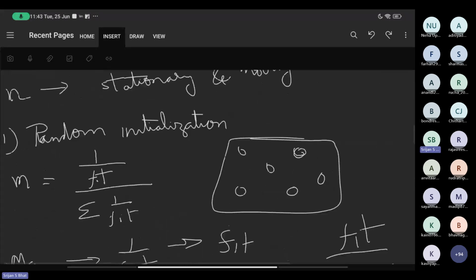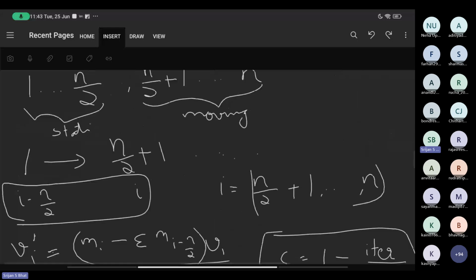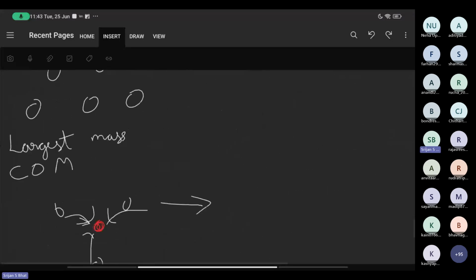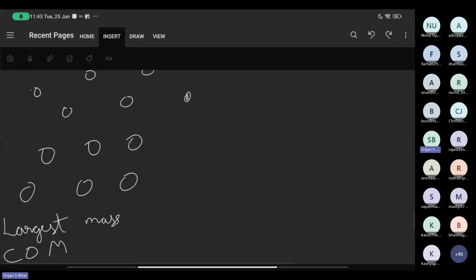I haven't explained harmony search and the Big Bang Big Crunch algorithm in great detail.